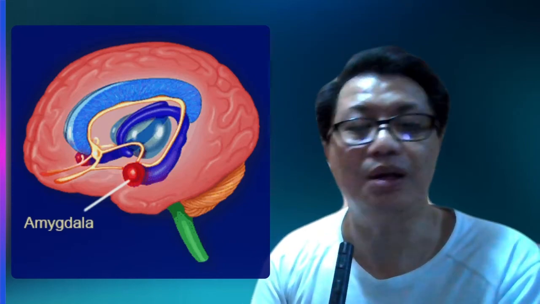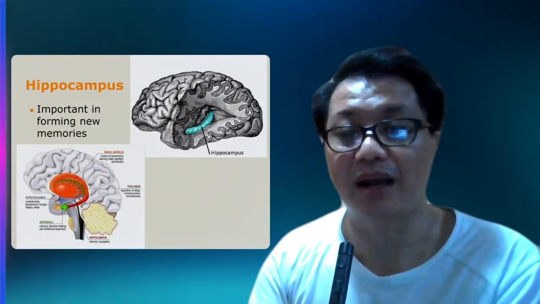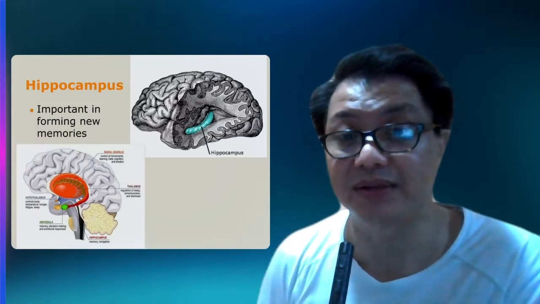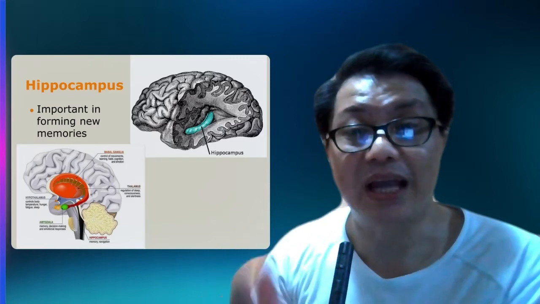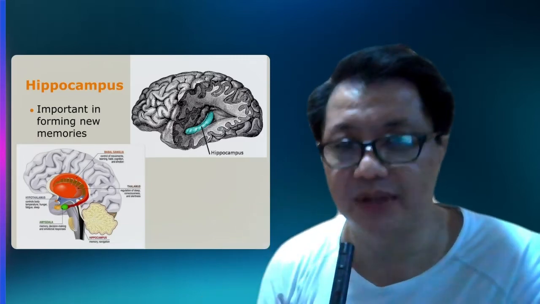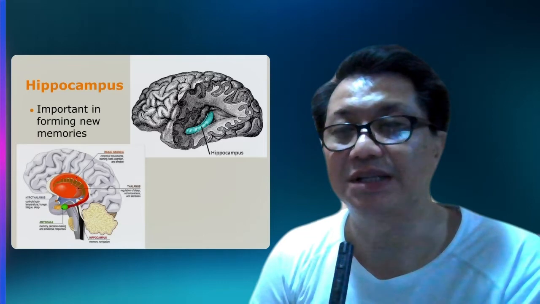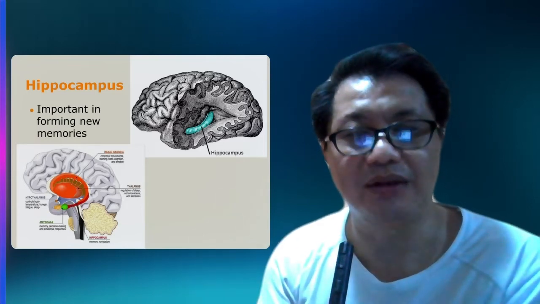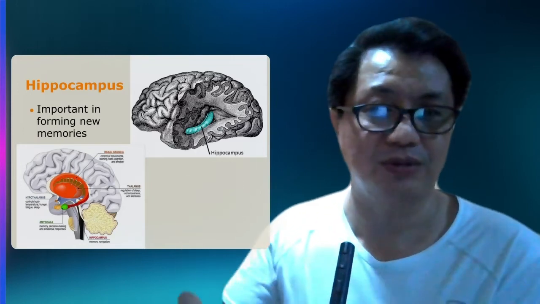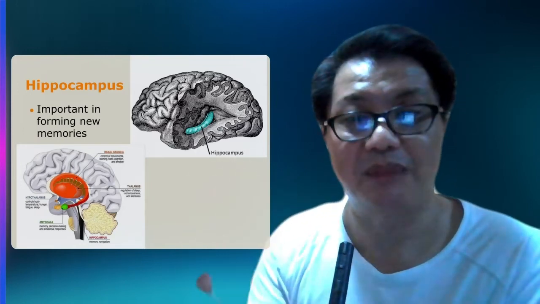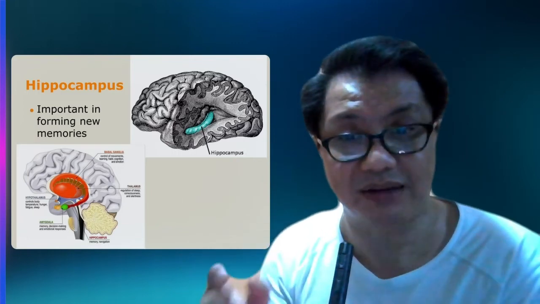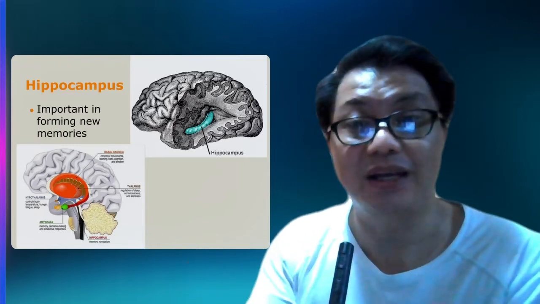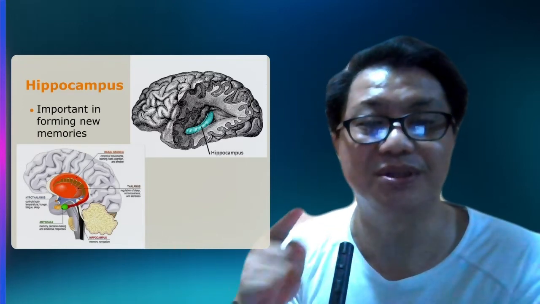Okay, so this is the amygdala, and then the hippocampus. Now the hippocampus is this other structure in the midbrain that is very much related to the creation, or the storing, of new memories. It is responsible for processing what we have learned, what we have talked about, and the reason you remember it the day after or the next week is because it was processed in the hippocampus. In fact, when it's not active, like in the movie 50 First Dates, the following day everything is new. So the hippocampus is crucial in that.